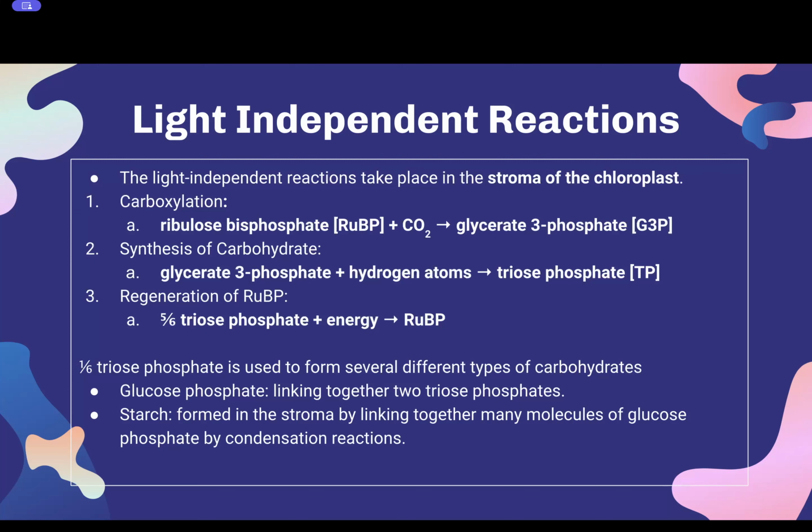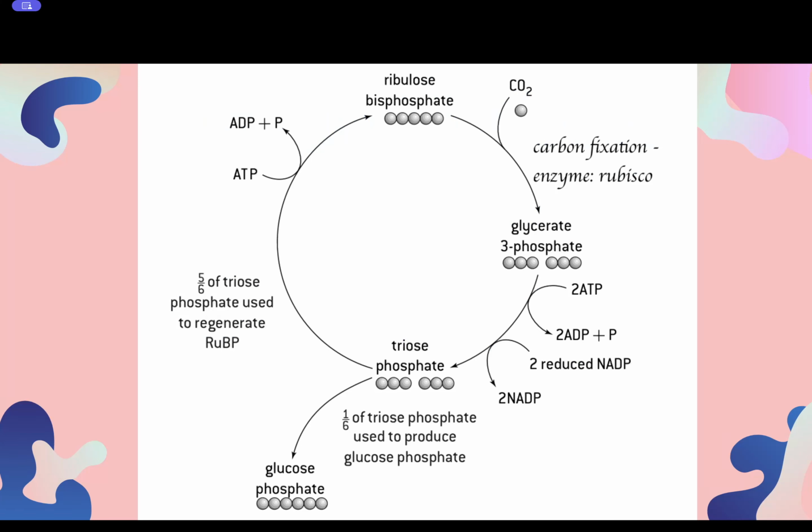I'm going to go into this image just so it's easier for me to reference. For every ribulose bisphosphate, which by the way is 5 carbons, it joins with 1 carbon dioxide, which makes it 6 carbons. Carbon fixation, the enzyme is Rubisco, makes it 6, which then divides into 2 glycerate 3-phosphate, which then go through